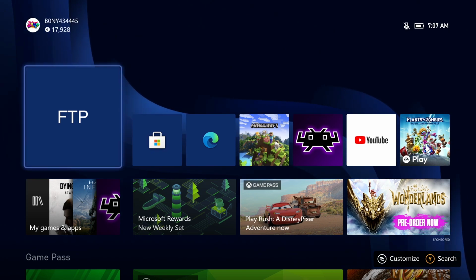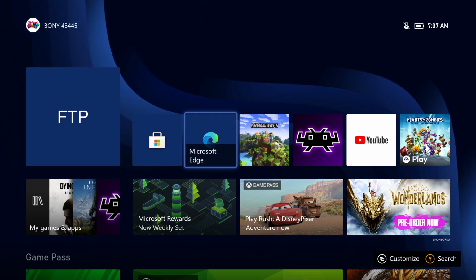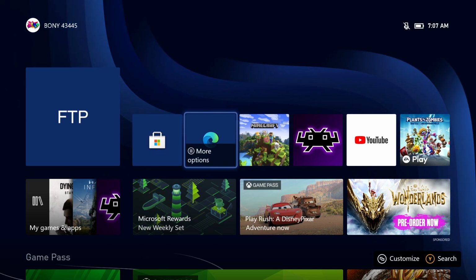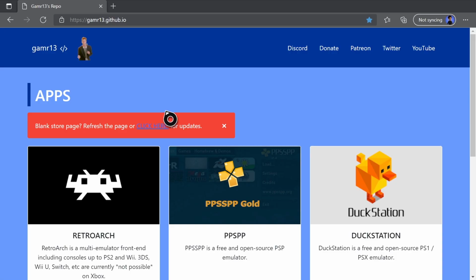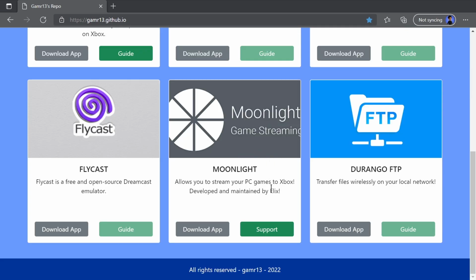So first, I'm going to show you how to install this application on your Xbox. To do this, very simple. The first thing you want to do is just open up Microsoft Edge. Once you have this open, you want to go to this website, which is gamerwithoutthee13.github.io. And there's a few things that you can install here, but the application you want to install is this one